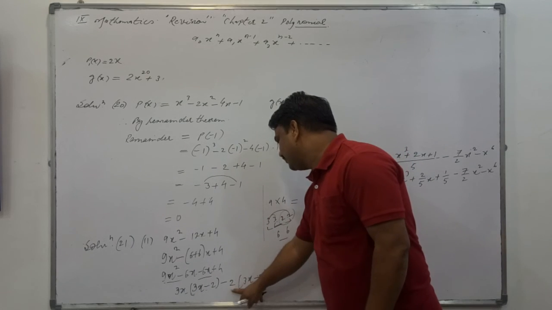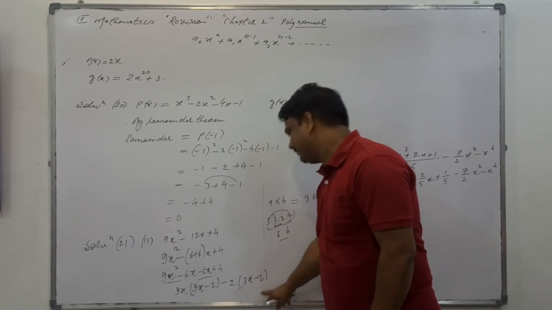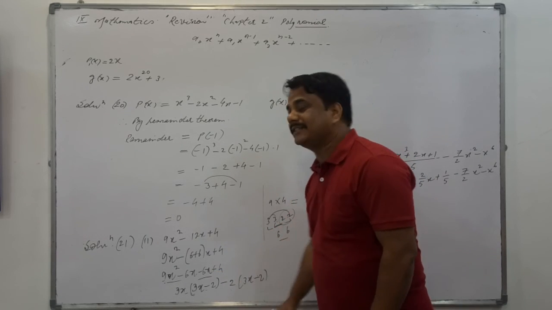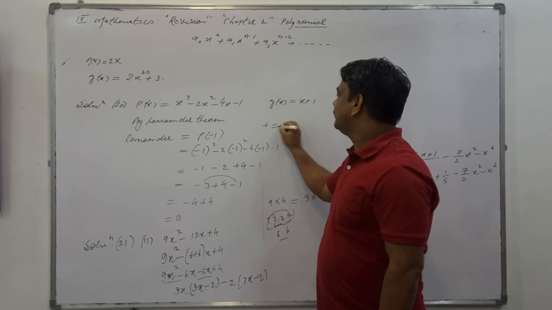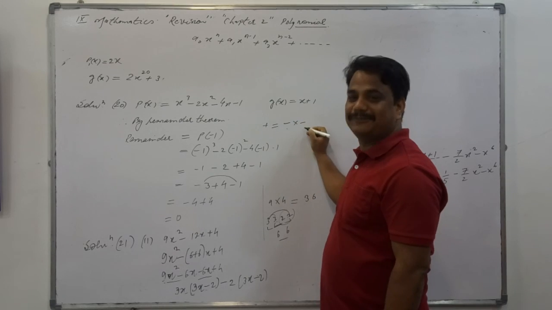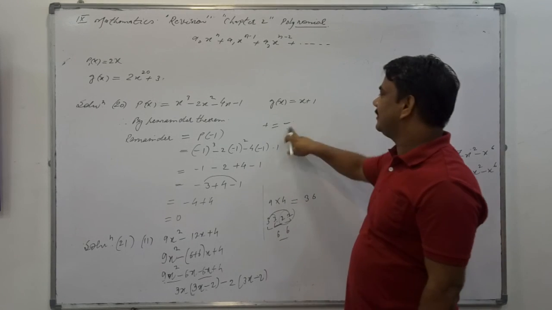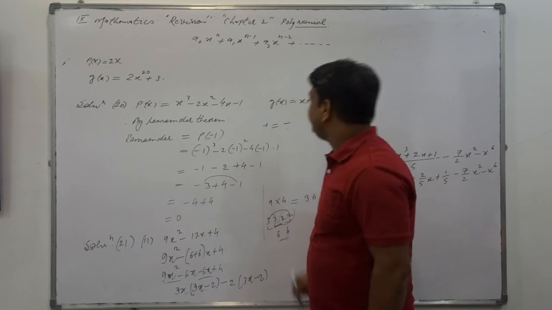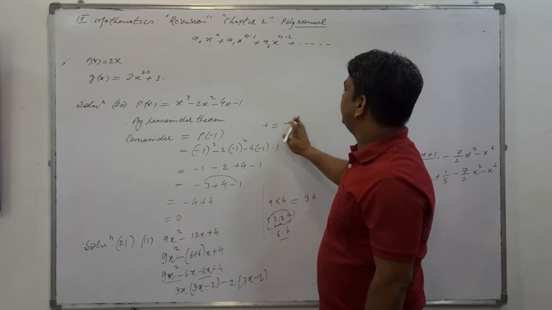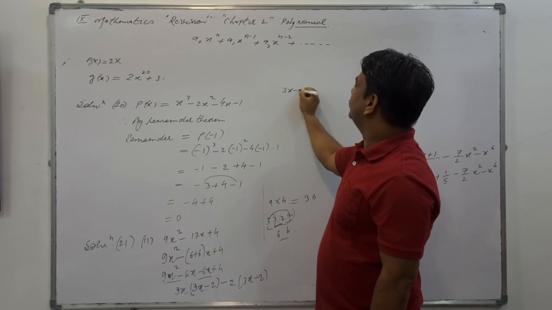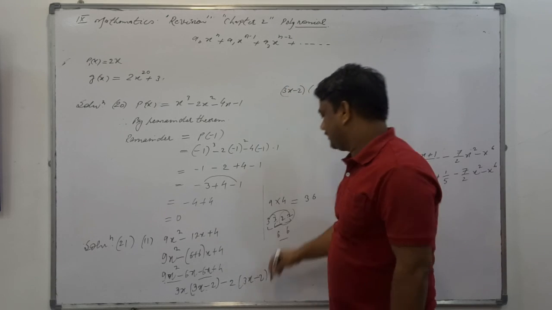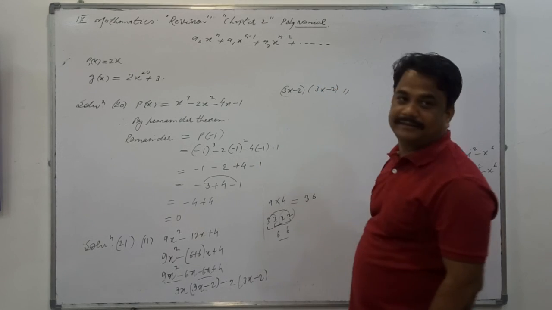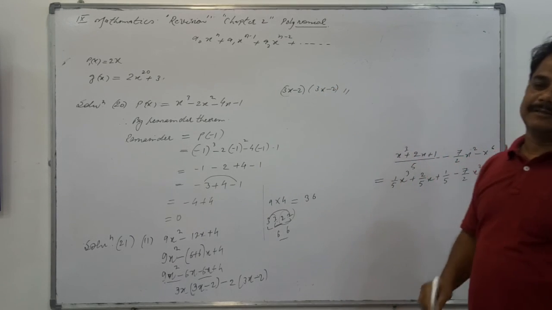And what is common in them? 2 is common. So 3x left here and minus 2. Why? It is plus here, or you took minus common. So plus is made up of minus into minus, so 1 minus you have taken common. What is common throughout? 3x minus 2. What's left inside the bracket? 3x minus 2. It's the factors. This is the middle term splitting method.